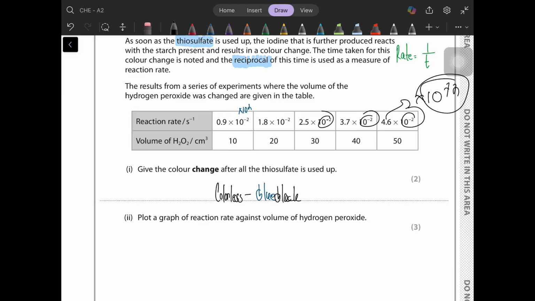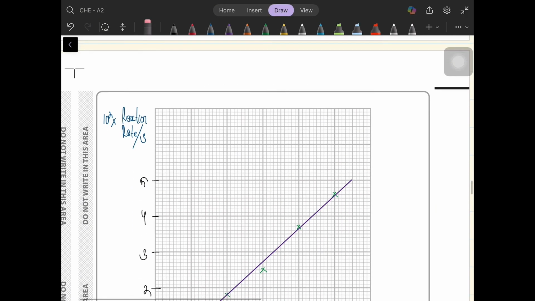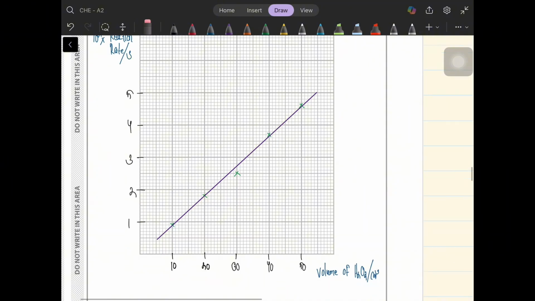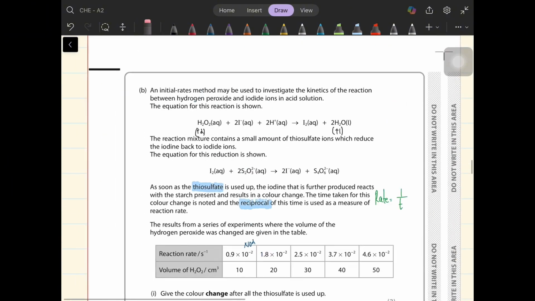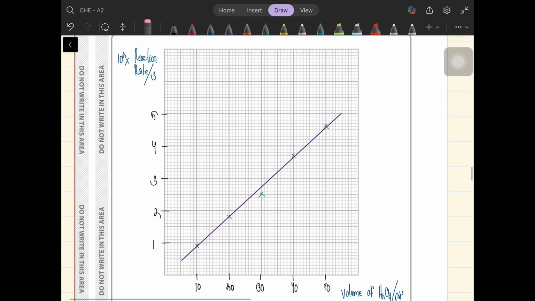To remove this 10 to the power minus 2 in order to simplify our values, this is what I've done over here. So 10 to the power minus 2 times rate and volume of hydrogen peroxide, and I plot a graph, right? And this is a rate versus concentration graph, rate versus volume graph. Okay,